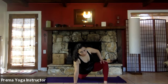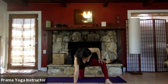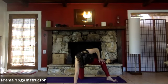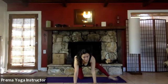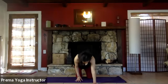And then slowly make your way back onto the sole of the foot and then begin a slow movement of bringing that foot back towards you. So just kind of heel, toe, walk it back. Once it's back far enough, lower the right hand, take the knee down, walk the left hand towards you. And then once you're back to neutral tabletop, just do a little cat and cow for a moment. And then come back to a neutral spine, walk your hands back to your knees, come back to kneeling,